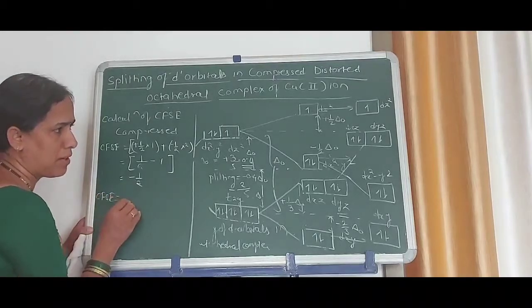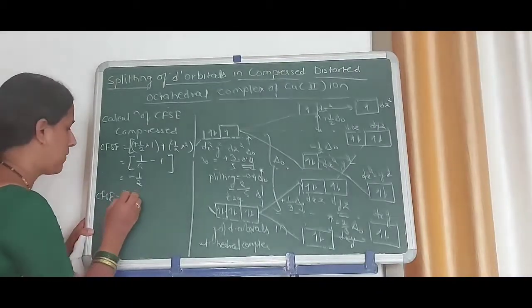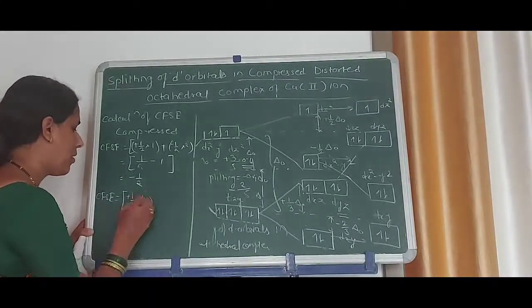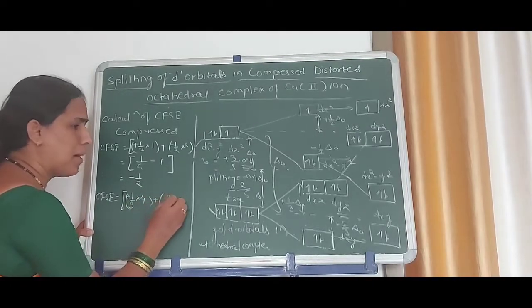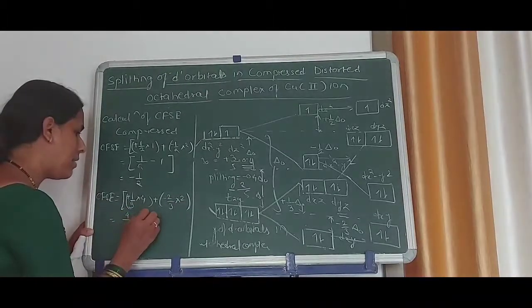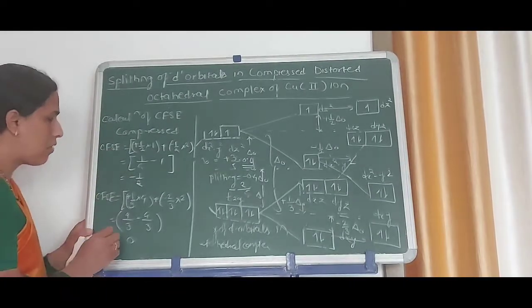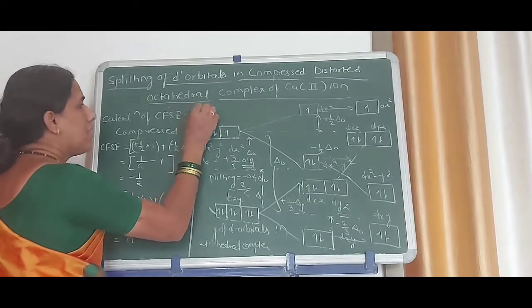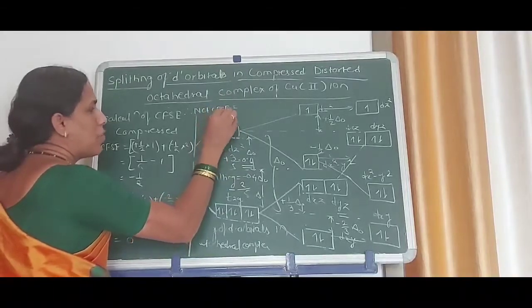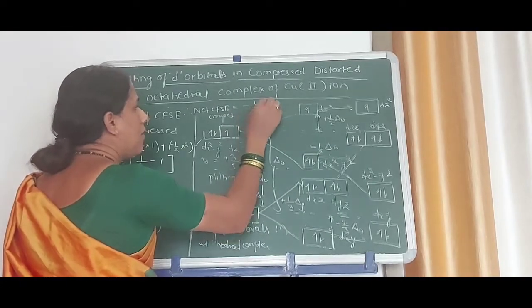That is equal to here. You have to calculate that splitting also. That is equal to plus 1/3 into how many electrons? That is equal to 4. Plus minus 2/3 into whatever may be remaining, 4/3 minus 4/3 is equal to 0. Therefore, net CFSE is equal to what? Therefore, we can write here net CFSE